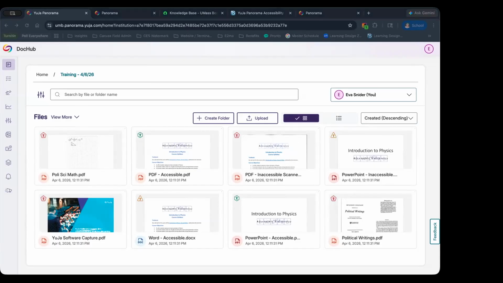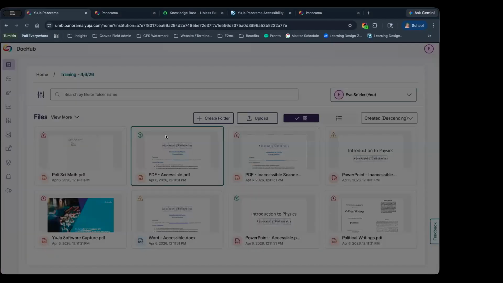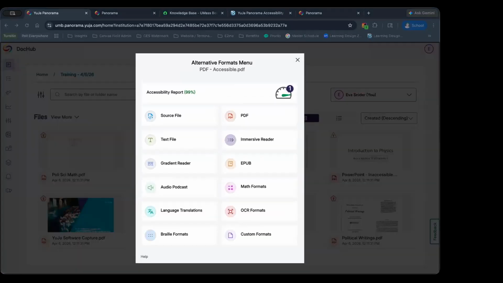So these categories are entirely dependent upon the score of the document based on what Use Your Panorama has scored. There's a scoring model behind the scenes that identifies all of the accessibility issues with this particular file and then gives them a weight and calculates a score according to those issues.